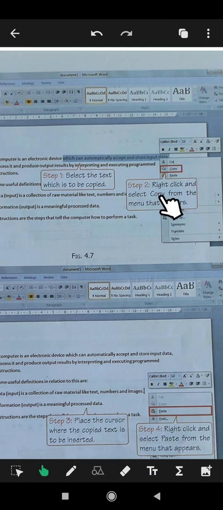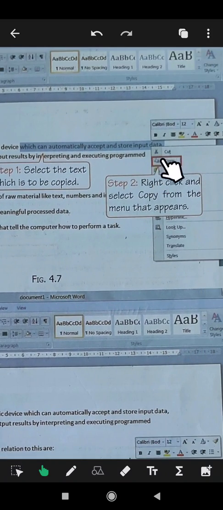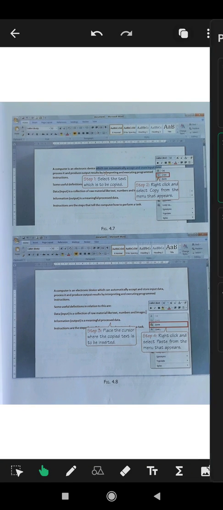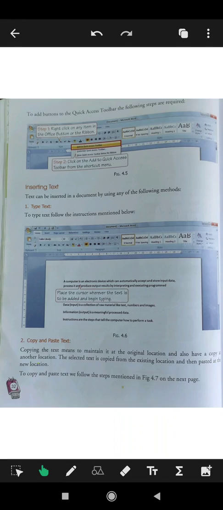So here we will click on this copy. See, there is a red box. They have given it in red. So you will just select this particular button and your text will be copied.